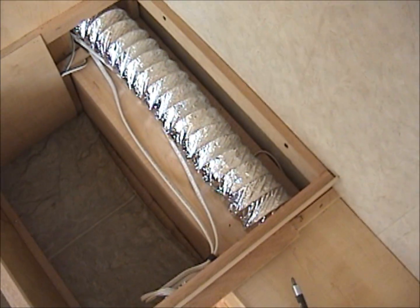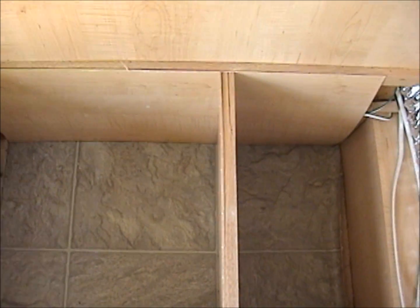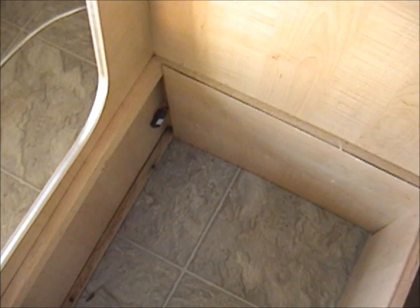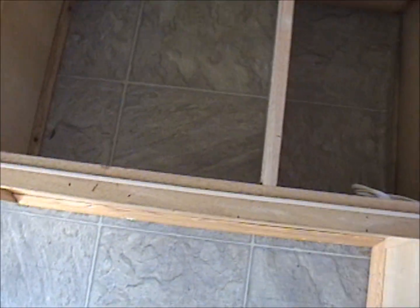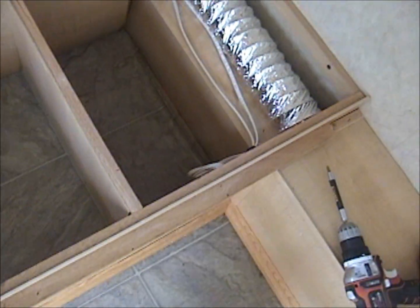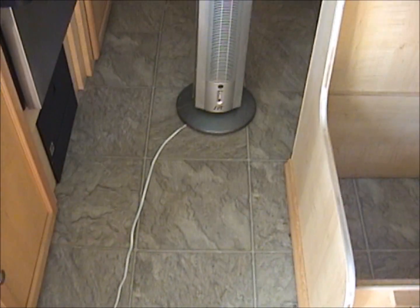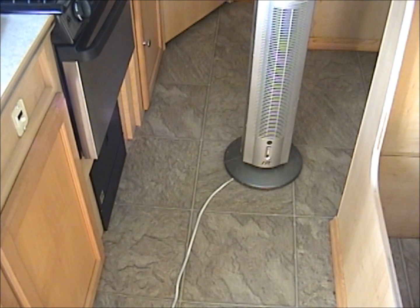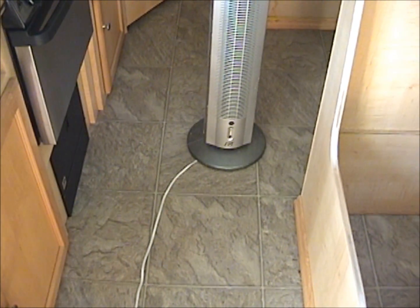This side over here is a storage. I'm going to take this side of the dinette out. It's pretty simple, just unscrews from the floor. Pretty straightforward. And I'm going to take the linoleum up, and I'm going to replace the underneath flooring from this part right here where the stove begins, just this side of my fan,